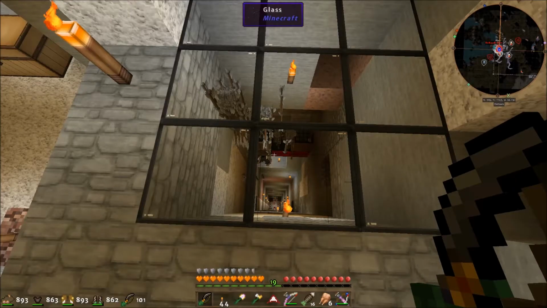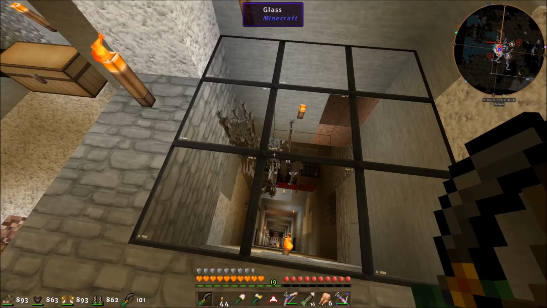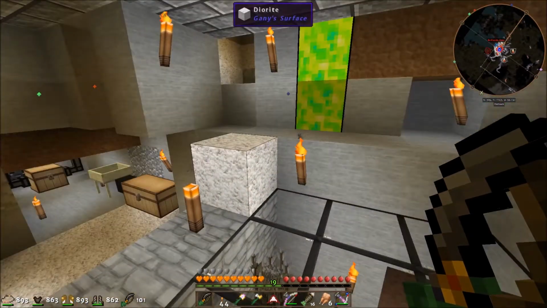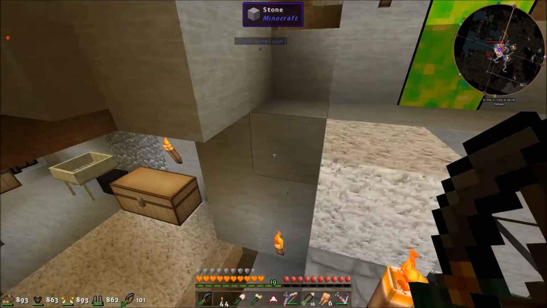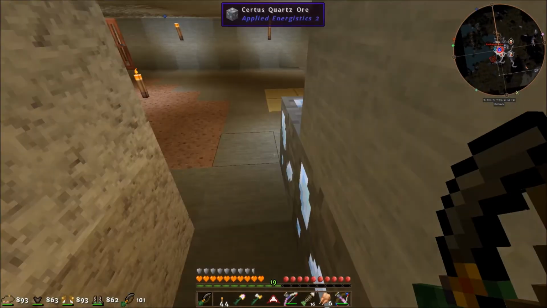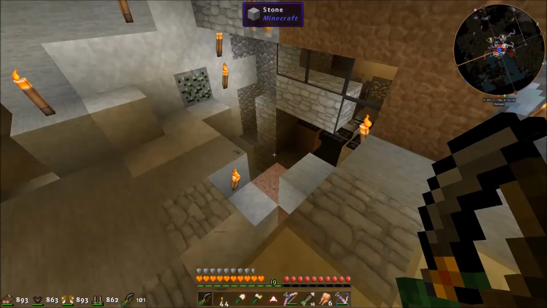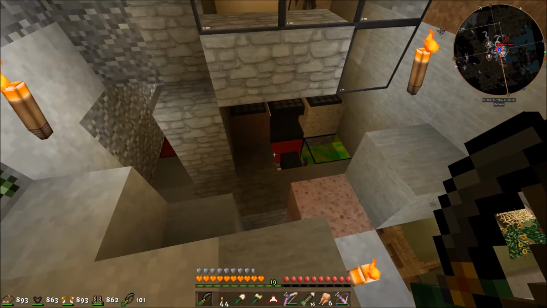Here we go. What happened is I put in... Oh, I'm still laggy. Let's see if we can do something about this. There we go, get a little further away. But I put in a witch spawner so that I could have...